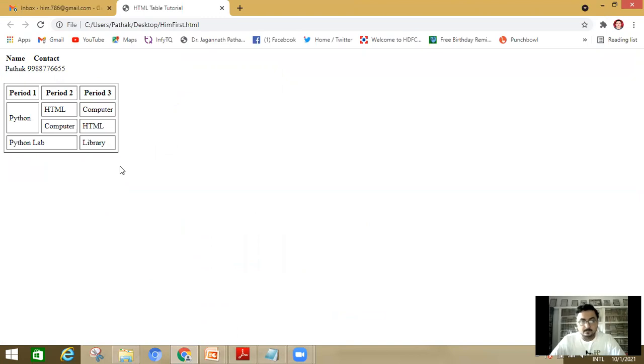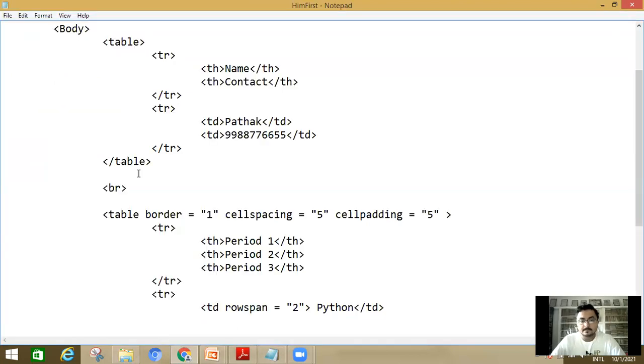Now next one is what? Width and height. For width I am going to give 400, and for height I am going to give 200.